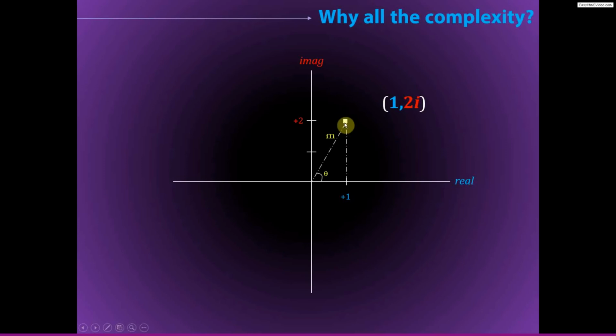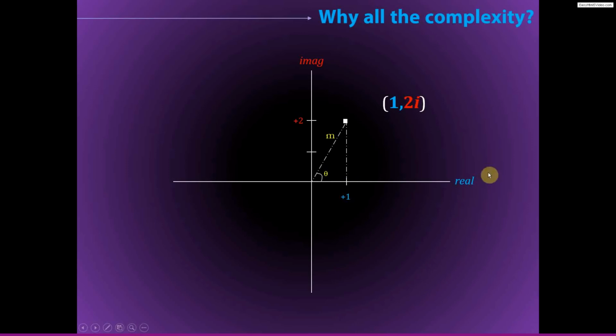And once we think about this as the complex number being the endpoint of a line or a vector, we can think about other quantities like the length of this line, or the magnitude. That's why I have an M here for magnitude. The length of this line and the angle of this vector relative to the positive real axis,